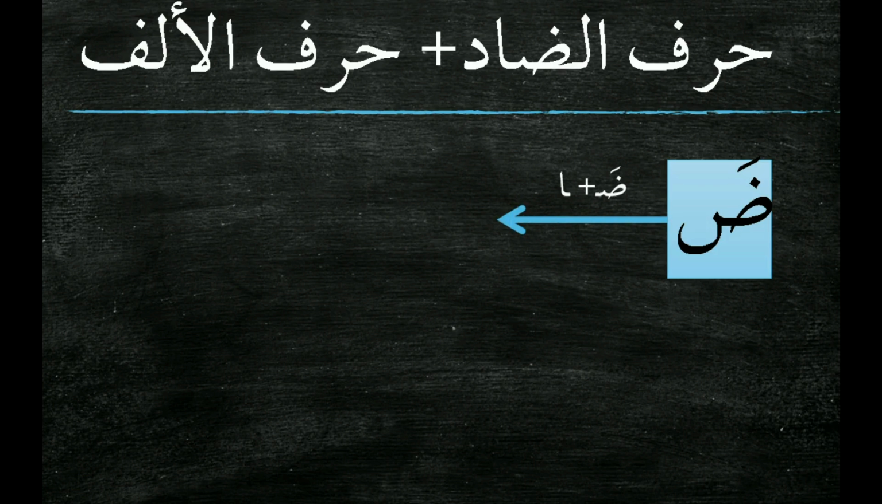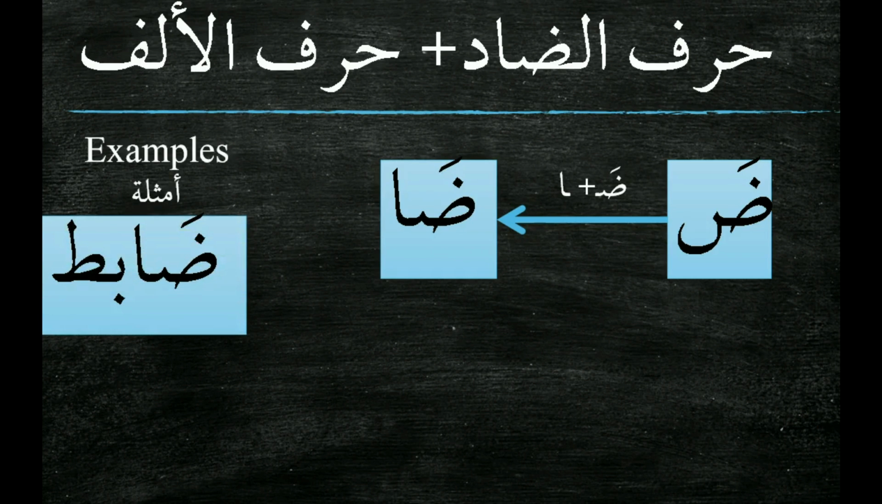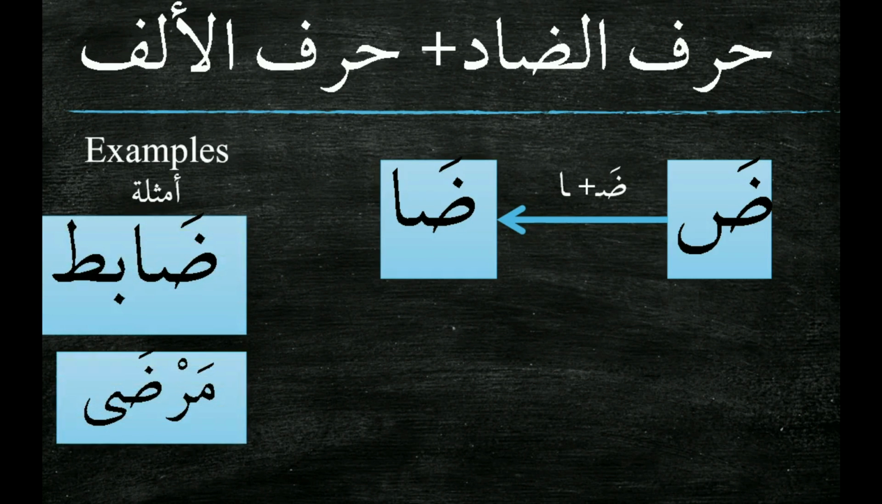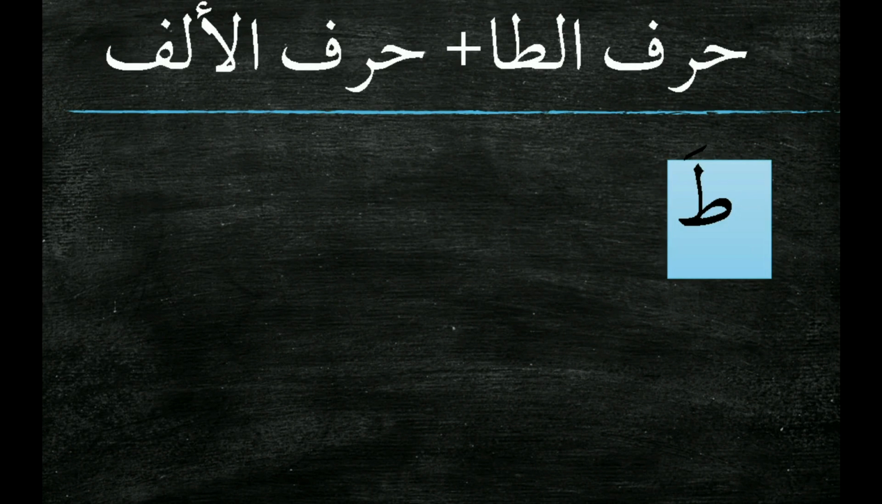ضاد. And when you add an alif after it, it connects to it, and it becomes ضا, ضابط, مرضى. حرف الطاء. As we can see, it connects from both sides, and it is the strongest letter in